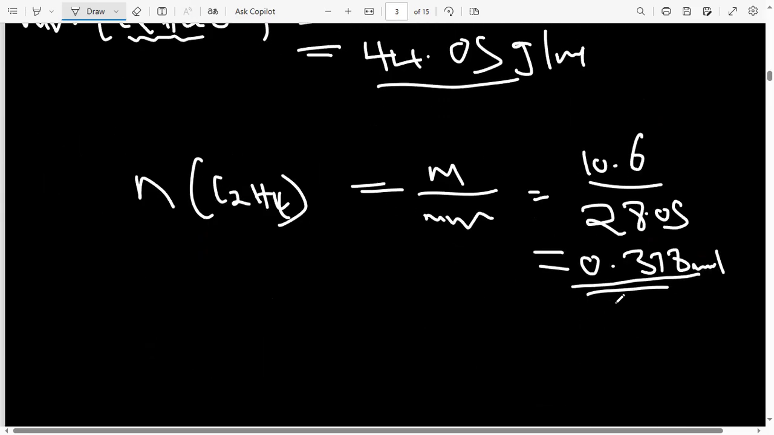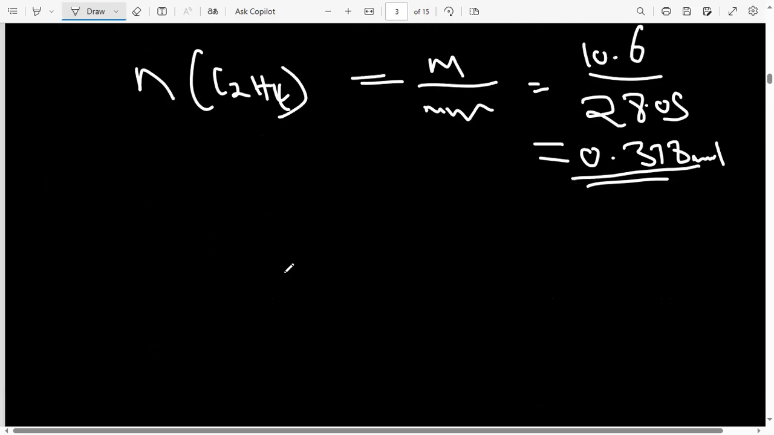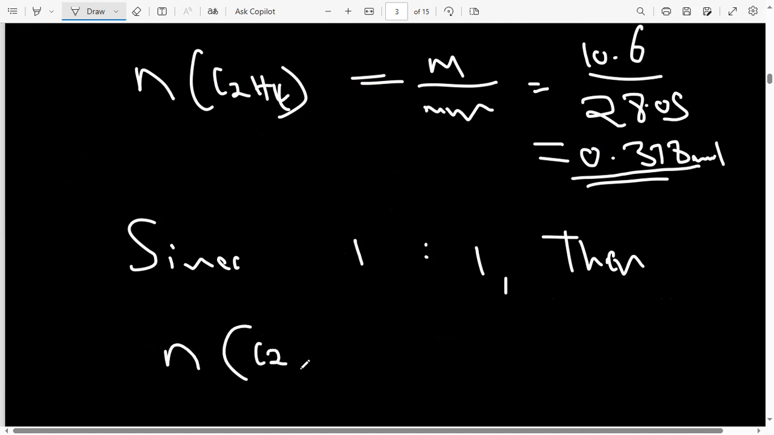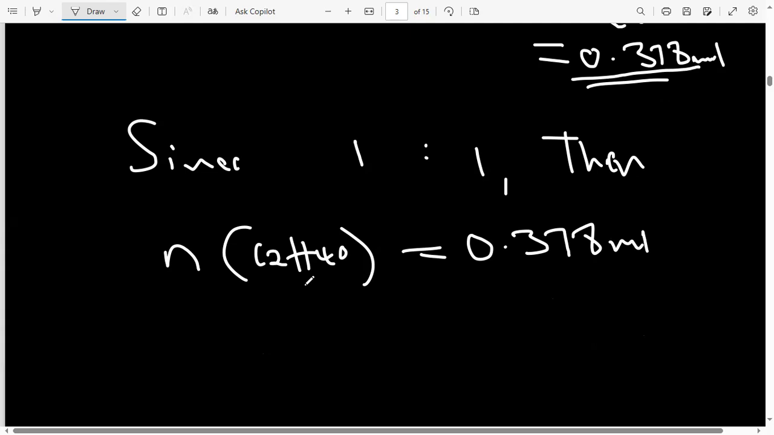So since these are the moles of ethylene, you can write since the mole ratio is 1 to 1, then even the moles of ethylene oxide will be the same as this. So we are going to write moles of ethylene oxide will be the same, 0.378. So this will be equals to 0.378 moles. So these are the moles of ethylene oxide. Okay, so now